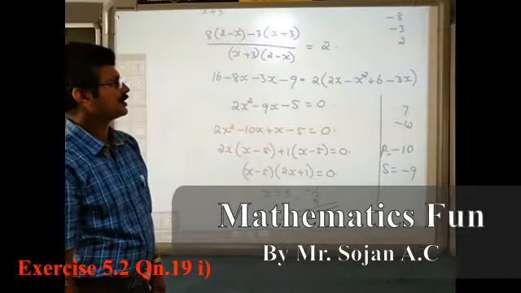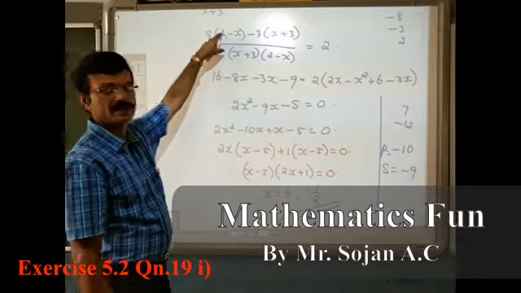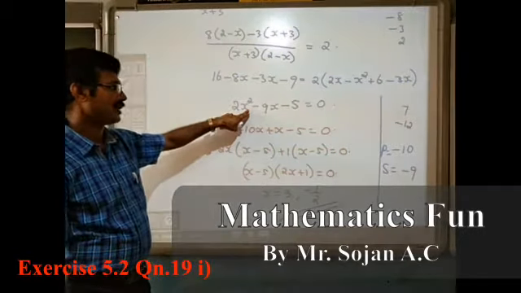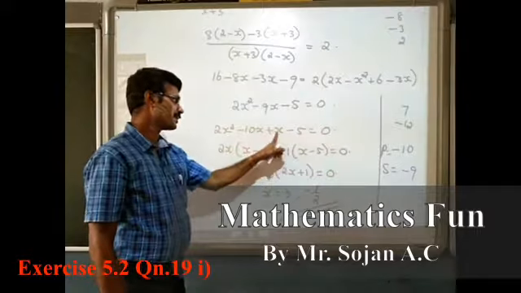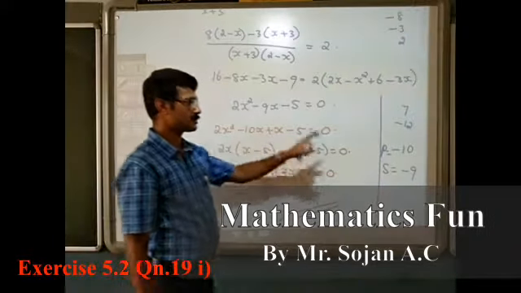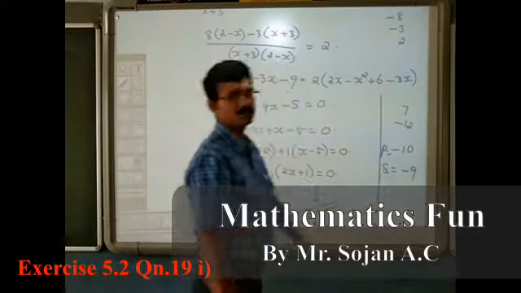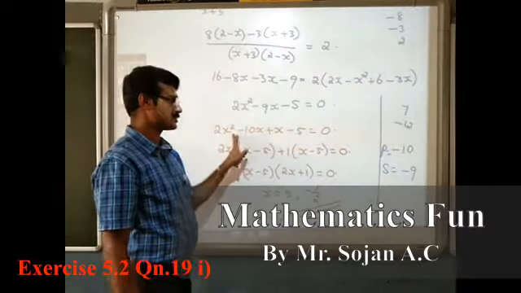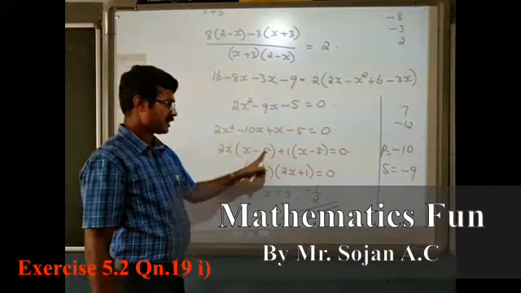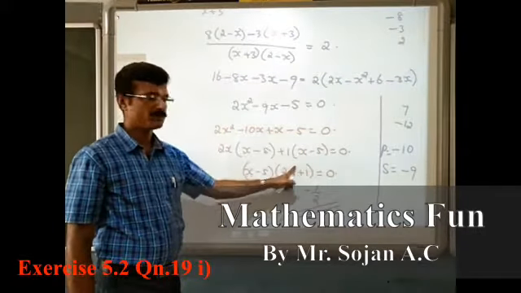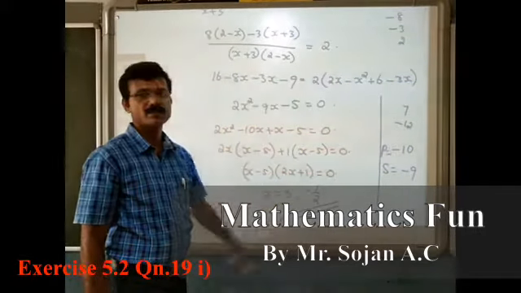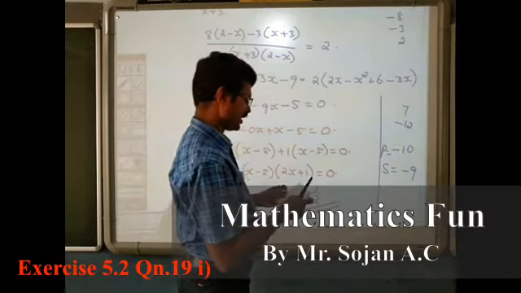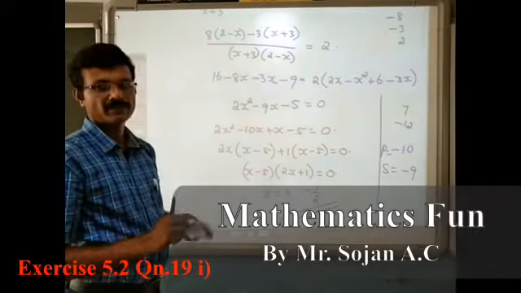So this is the question. What I have done, I have taken LCM and simplified into standard form, and then I broke the middle term, using the concept of product and sum. You are familiar already, in standard 9 you have studied very well about that. So how to break the middle term, after breaking the prime factorization, and by using zero product rule we will reach the solution. This is question number 19, first part.